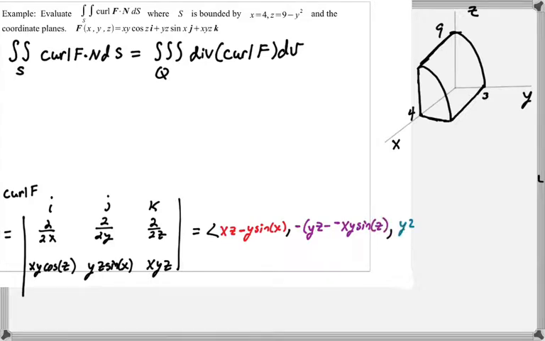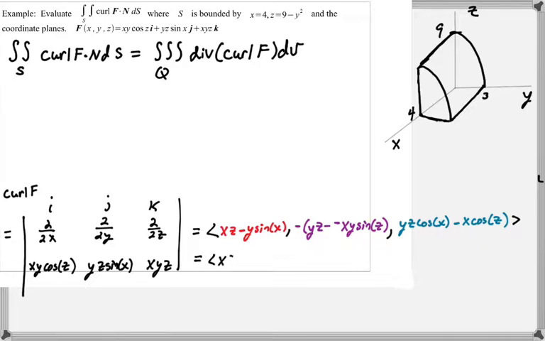Okay, and then lastly, cover up the k column. Derivative of yz sine of x with respect to x is going to be yz cosine of x. And then minus partial derivative with respect to y of the xy cosine z would be x cosine z. So yz cosine x minus x cosine of z,